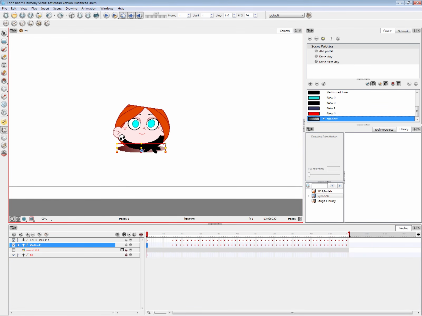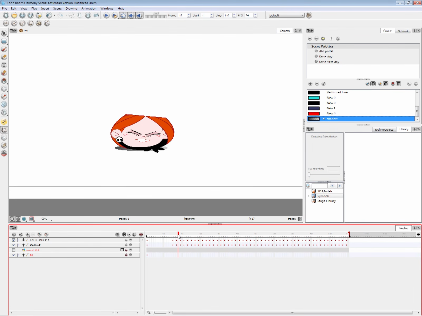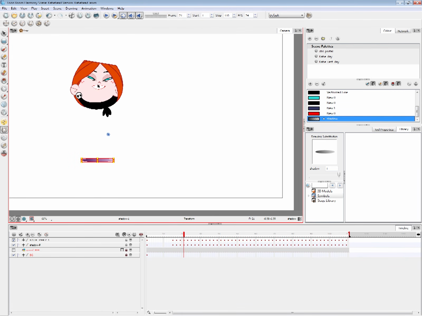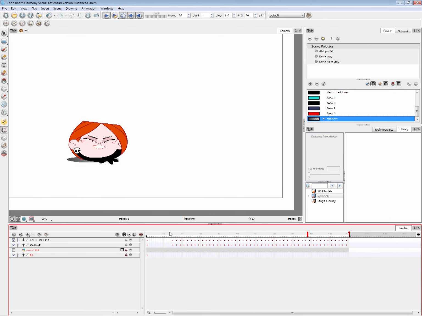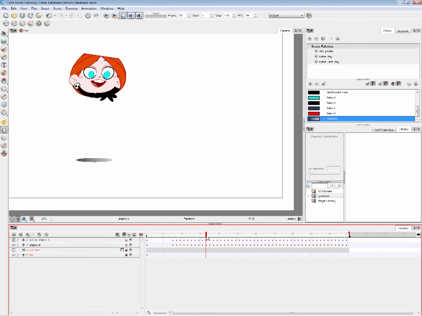I'm gonna select all keyframe mode and kind of squish it a little bit and move it up slightly. I'm gonna move it to the left a little bit. The shadow seems to be glowing a little bit too much.